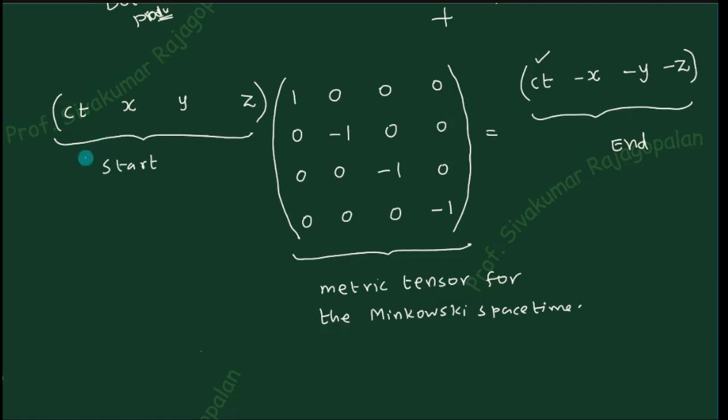So now what you do is, since you started like this, the entire thing is represented by a shorthand notation, x mu. Whether you start with a lower index or upper index doesn't matter. But people have started like this. So we are also following the same tradition, and therefore the one that you started with is known as